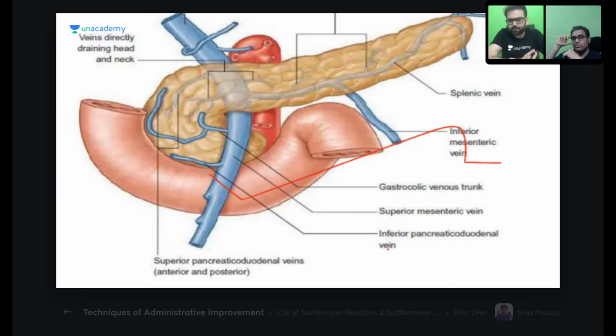And in this venous drainage, there is one very important applied part. Who will tell that applied part? One I already told you, that when there was pancreatitis, it could involve any of these veins leading to their thrombosis. The other part is a thing which is known as portocaval anastomosis. I hope you all must have heard of it. Portosystemic anastomosis or portocaval anastomosis. In those cases, the portal vein is obstructed, so there is increased pressure on its tributaries.